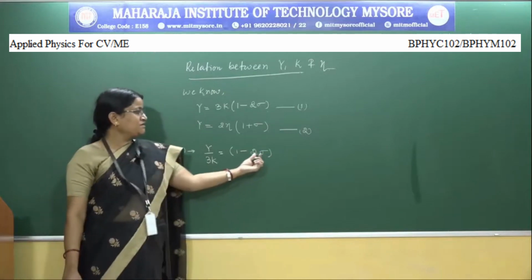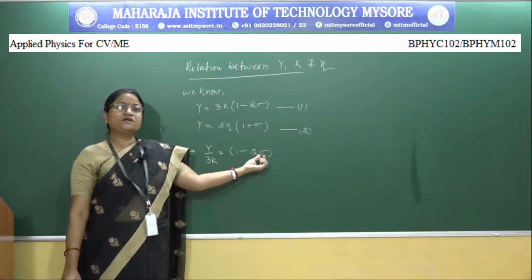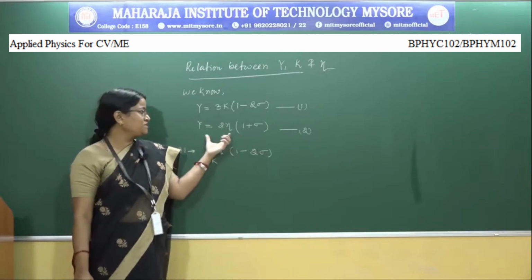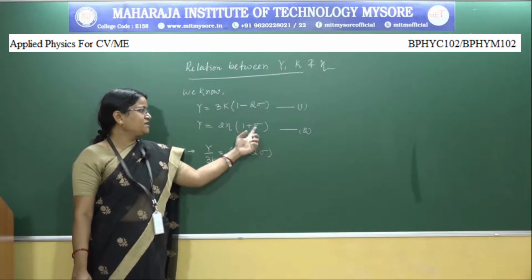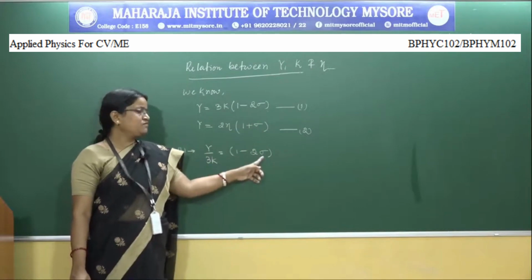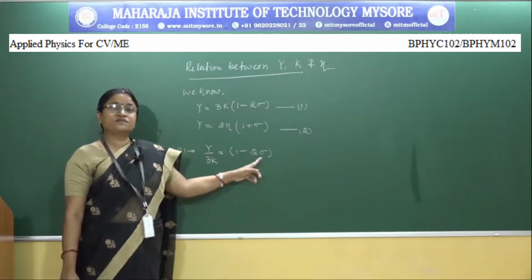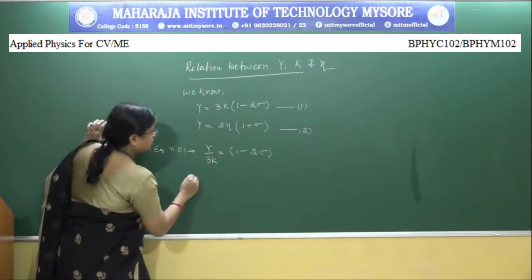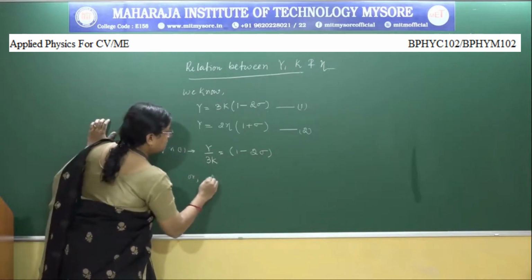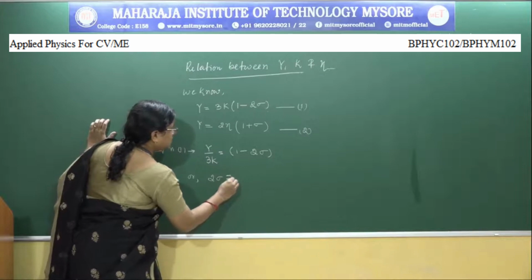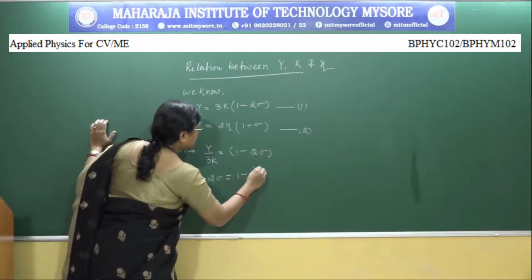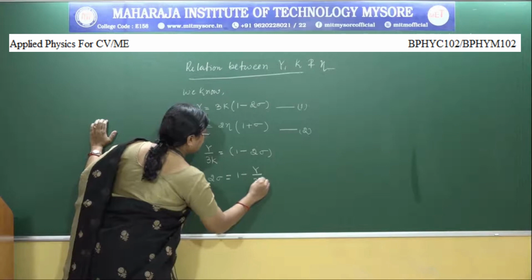What we are trying to get is the expression for sigma. For both the equations, we will solve to get the expression for sigma, the Poisson ratio. So what we get, 2 sigma is equal to 1 minus Y by 3K,